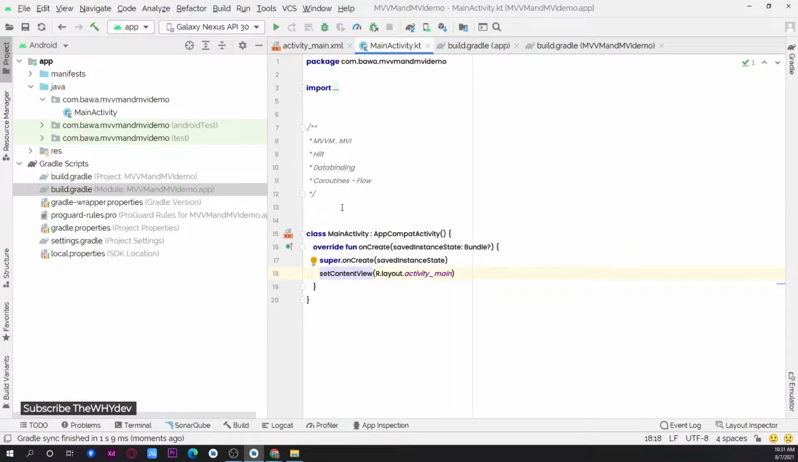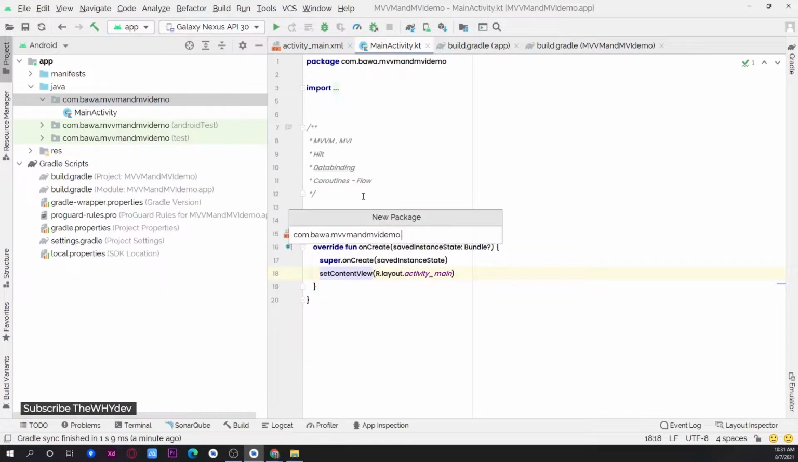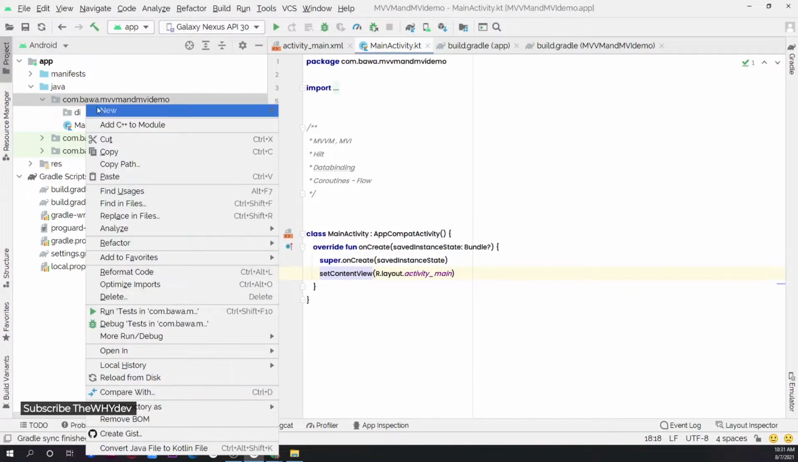So basically, we'll first try to integrate Hilt because we'll be injecting a lot of objects inside the project. So first thing I want to do is integrate Hilt. For that, I'll create a package here that says DI. Okay. And before I start with Hilt, I'll make a basic